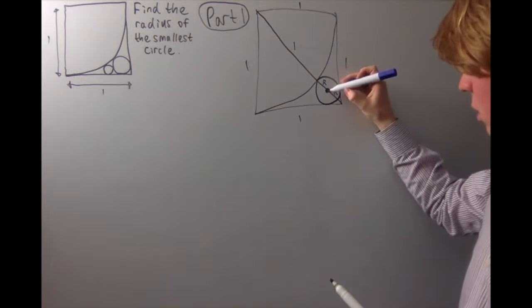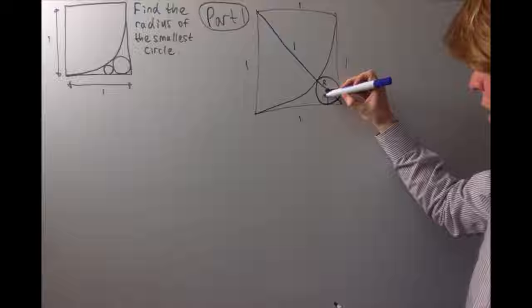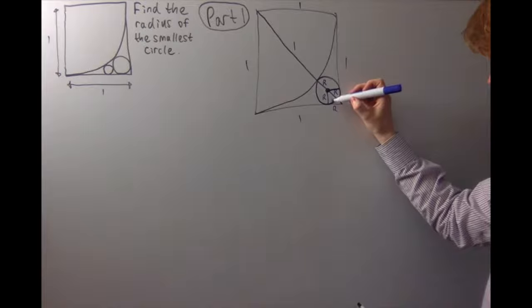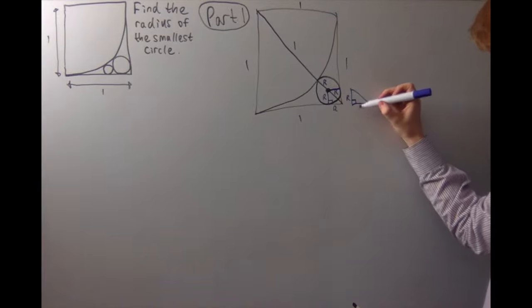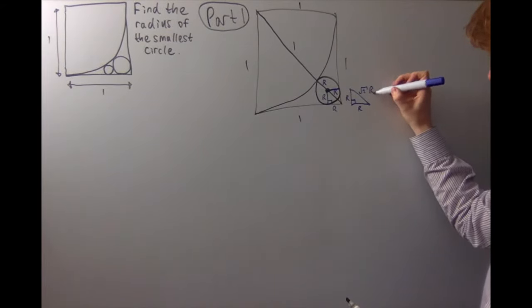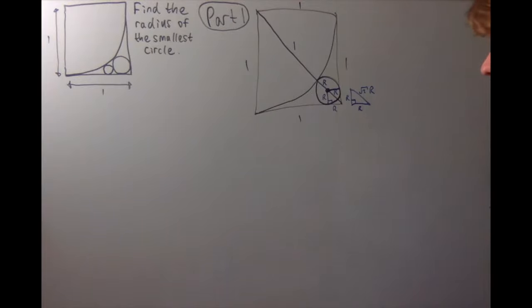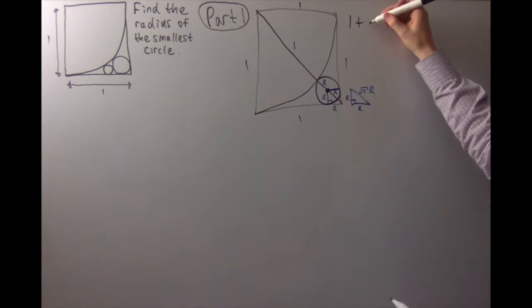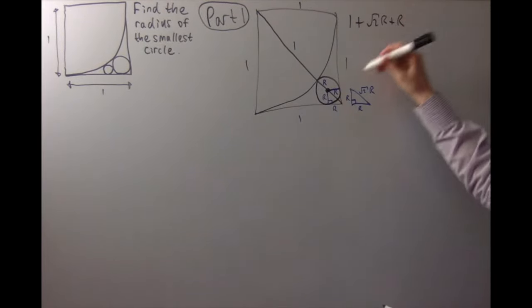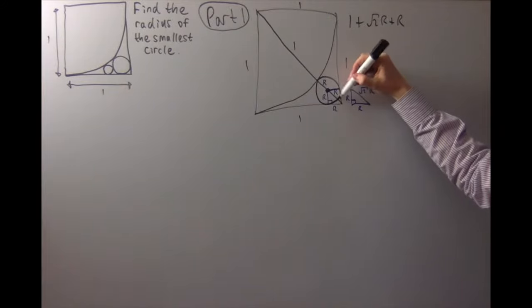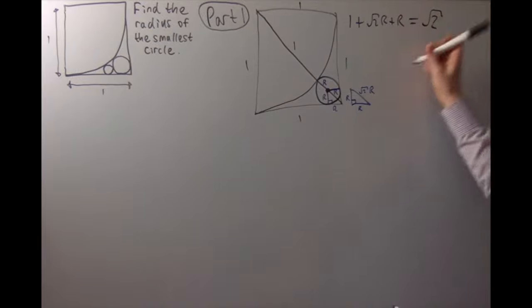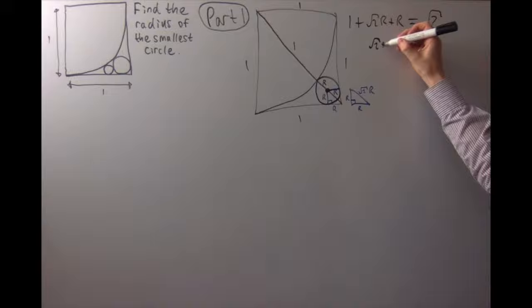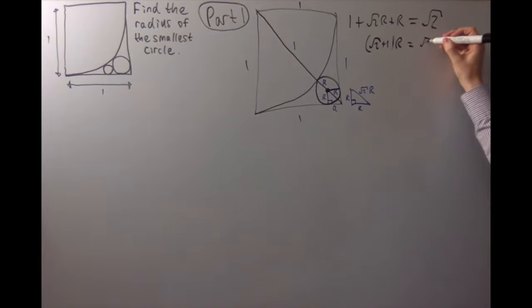So in order to find out this remaining length here, I'm going to draw in some extra lines, and what you'll see is we've actually got a little triangle here, a right angle triangle, with sides R, so this one has to be root 2 times R on the hypotenuse. Okay, and what that tells us is that 1 plus root 2R plus R, if we added together all of these different lengths, we know this is all equal to the square root of 2. So then we can rearrange here, root 2 plus 1 times R equals root 2 minus 1,